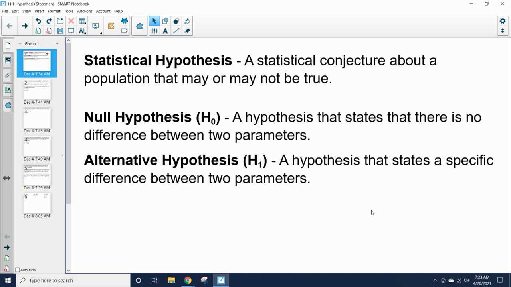Today we are talking about something new. We're going to take an easy little lesson today. We're going to talk about hypothesis statements. And so hypothesis statements, thinking off of your warm up, we need to talk about what that word hypothesis means. So, in statistics specifically, a hypothesis is a conjecture about the population that may or may not be true of